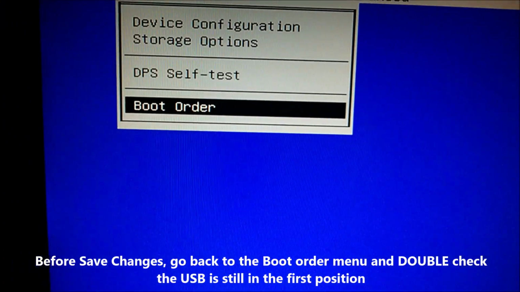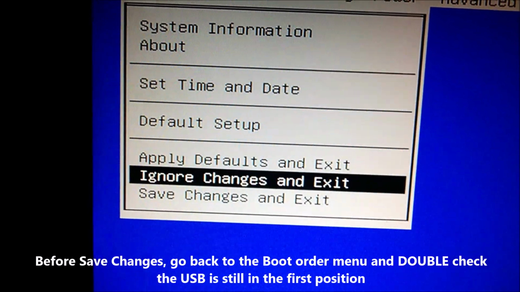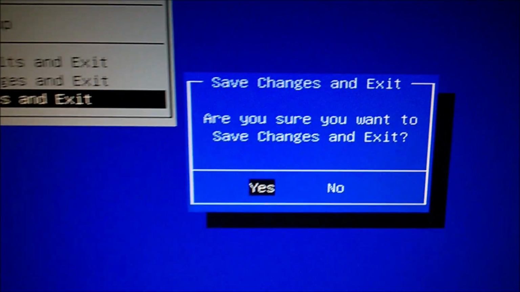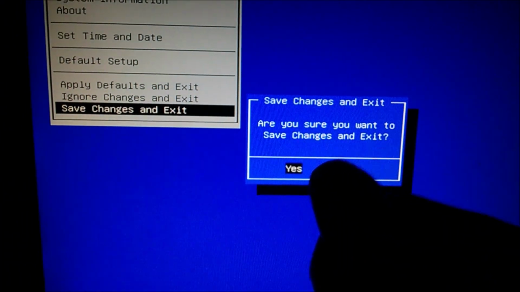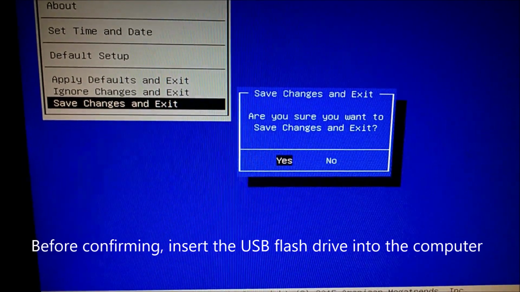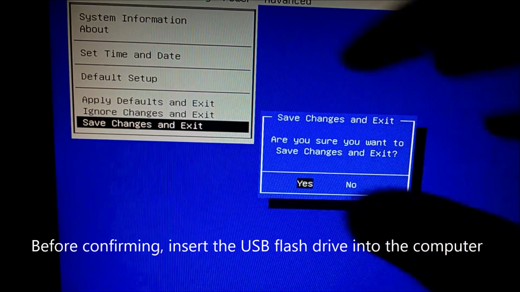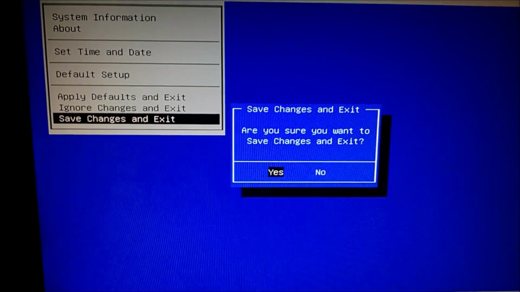And we need to go to File, Save Changes and Exit, and click yes. Before clicking yes, you need to insert the USB key into your USB slot. Then click yes, and the computer will start rebooting and will first read the USB with the bootable ISO file. So now it's booting, looks like it's booting into Windows.